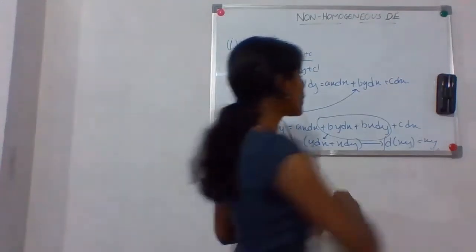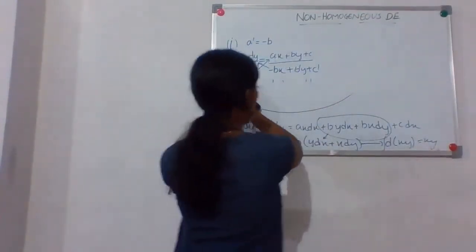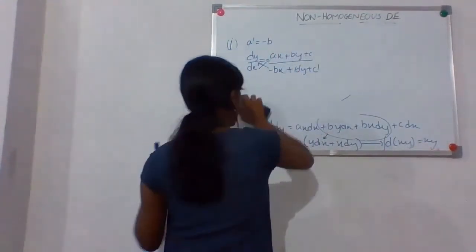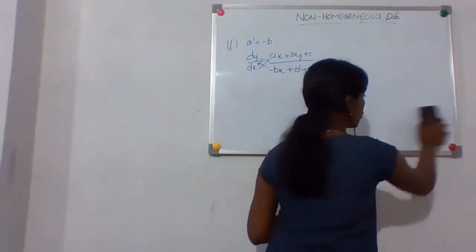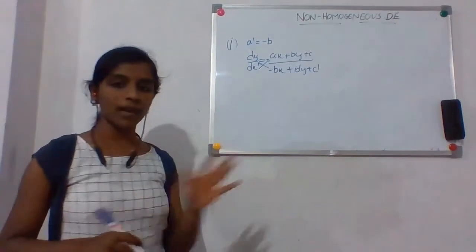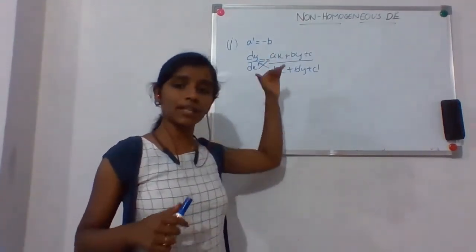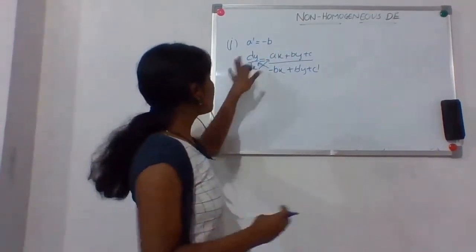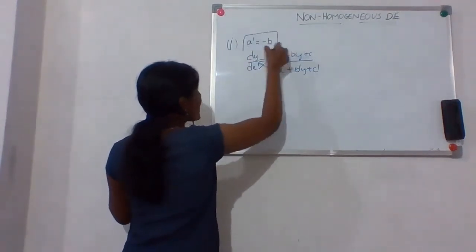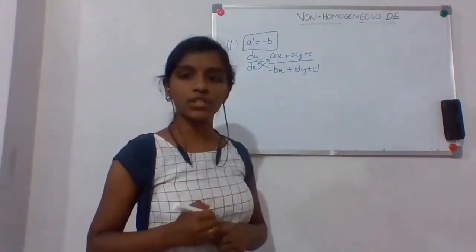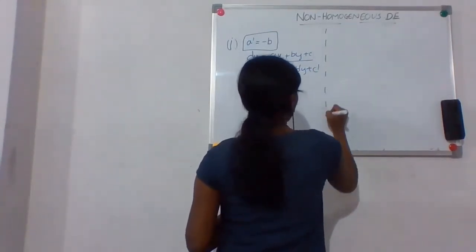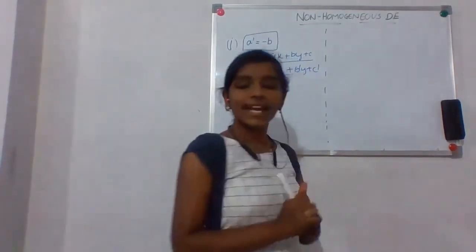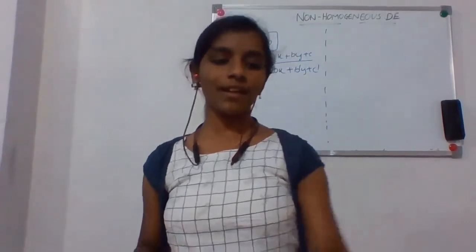So if I take the whole thing, this is the process that you are going to do, right? The general form. I have done the sum in the general form. So the main thing of the first case is this, that a dash equals to minus b. Am I right? So that is it. So now let us look into the second case.